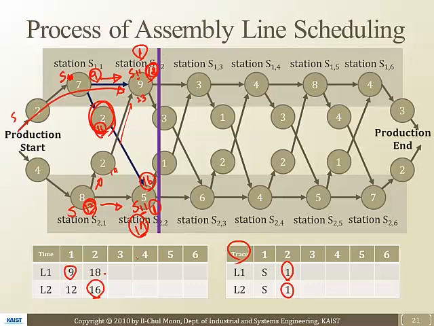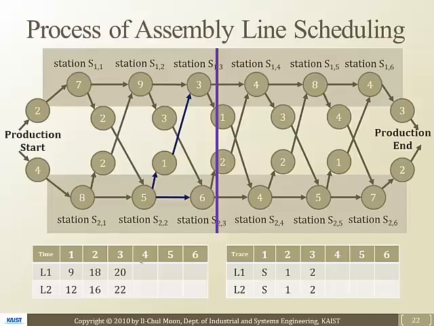So now you get the idea. This value is the optimal, the fastest way to get to a certain station. If we compute until station S2,6 and station S1,6, then we might be able to find out which is the better way to start the line and what's the optimal production trace of this product. So the next step is